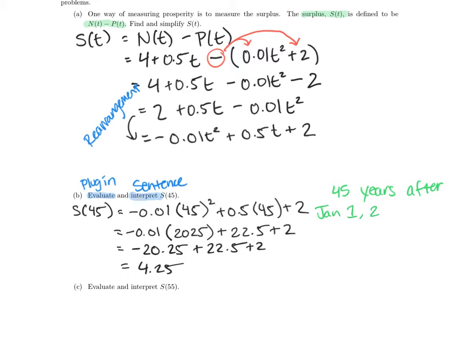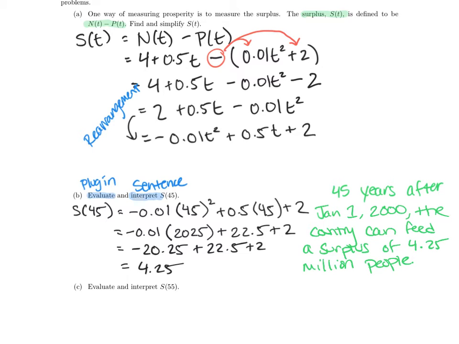So with this input, we get the output that the country, it doesn't say exactly which country, can feed a surplus, since that is what we were looking at, of 4.25 million